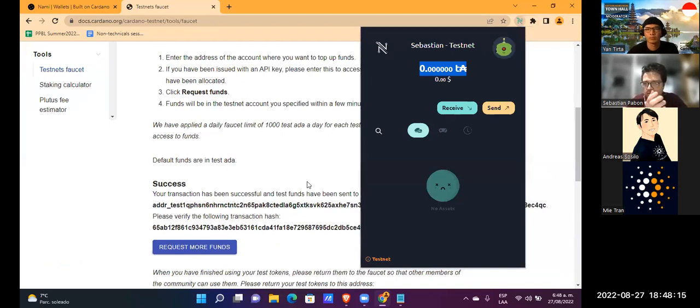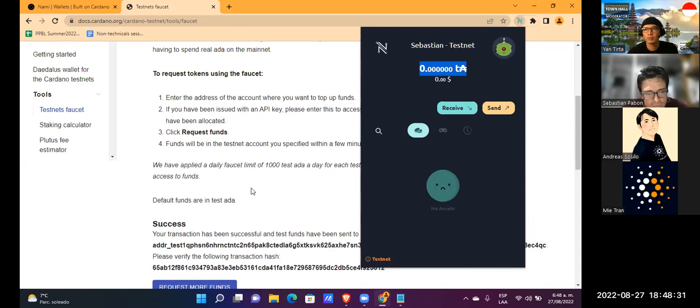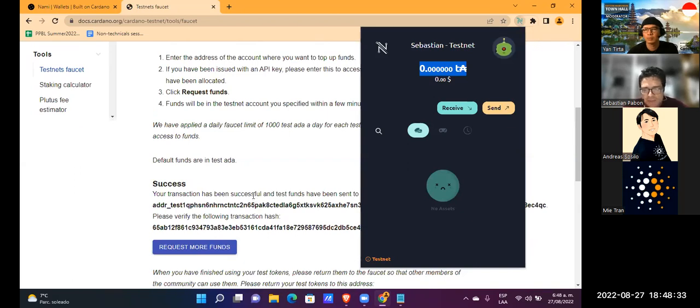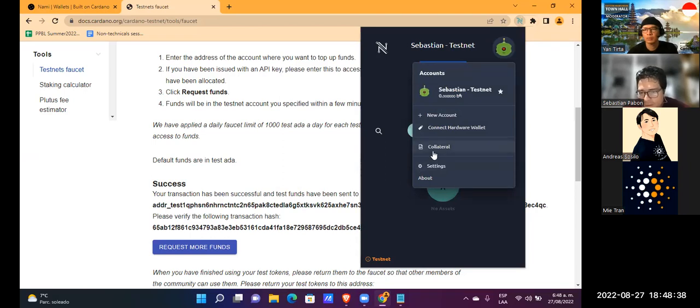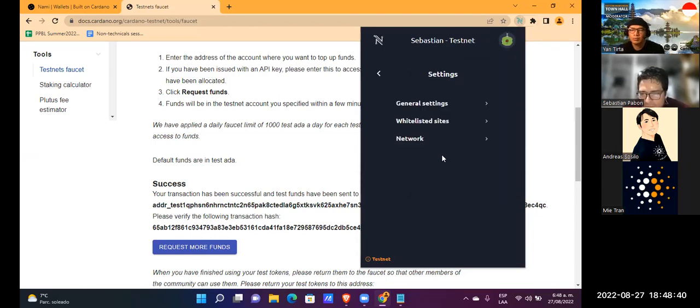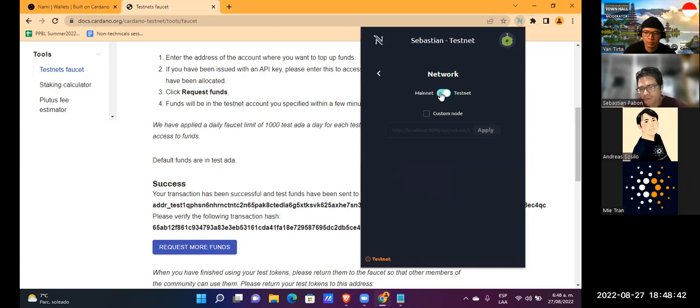The update of the wallets is in process. For example, NAMI at this point has to make some updates to assume these changes in testnet. For the moment, if we go to settings, you see here mainnet and testnet.